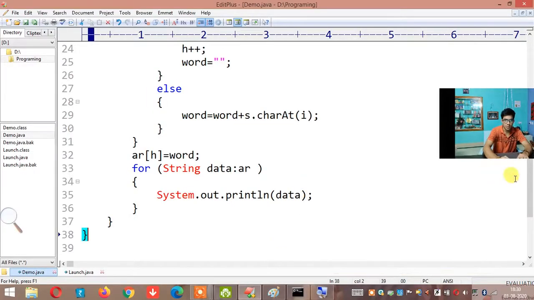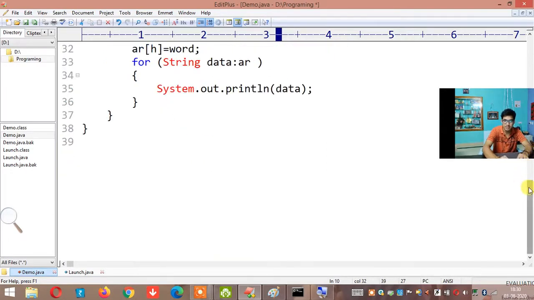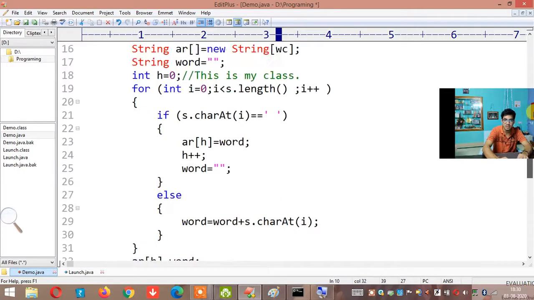so I hope you understood, right? This is the program to split at spaces, right? What if you had it like this? Now you want to split at what? You want to split at dot. Then don't count how many spaces are there, you count how many dots are there, and accordingly you have to change wherever there is space, everywhere you change it to that dot. Here also I have to make it as dot.